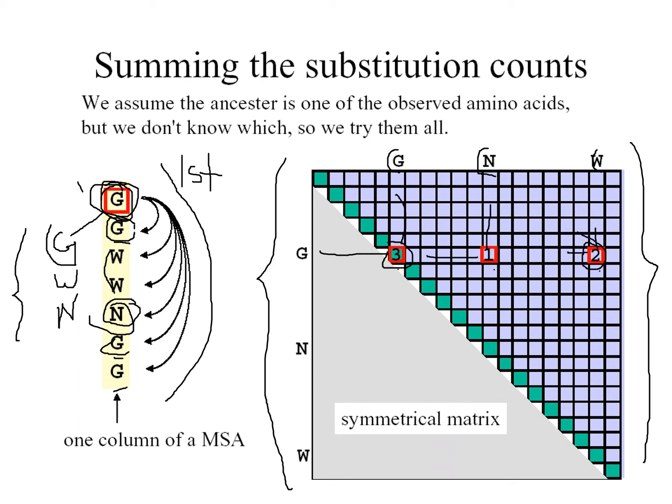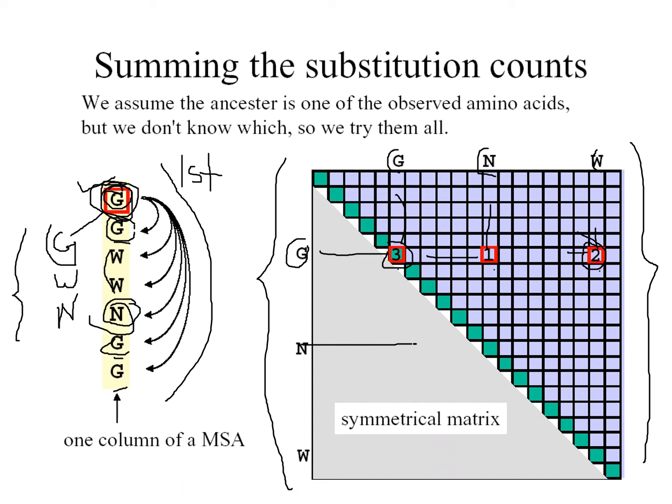All right, so if we took G as ancestor, we can calculate this. We don't have to fill these other spaces in the first place, we can just do it from the first, as we took G. So G to G is this, G to N is this, G to W is this, so we are able to fill the matrix this way only. All right, so moving on, let's take another possible ancestor.